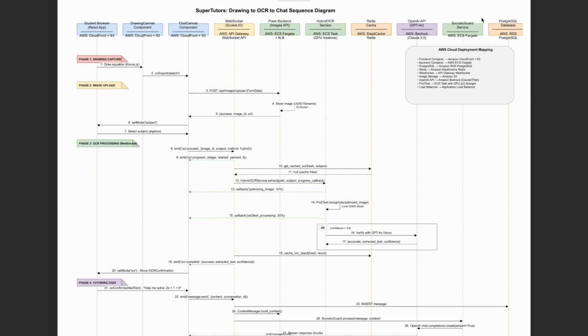Hi, this is Jonathan Skeet showing an update to my Supertutors AI math tutor application. I have successfully implemented OCR, which is Optical Character Recognition, which allows students to draw math equations in a canvas and then convert that drawing to text, which is submitted to the chat between the student and the AI math